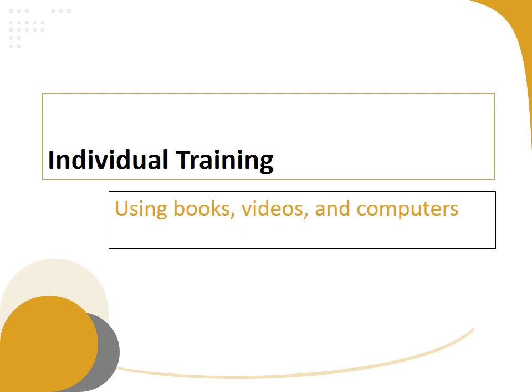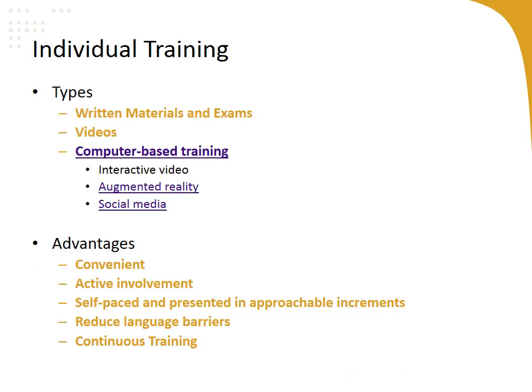One major disadvantage to classroom instruction is that all employees must be taught at the same pace. This is often ineffective. Employees and students alike have varying levels of knowledge and skill. So to allow employees to learn material at their own pace and at a time and pace that's convenient for them, many organizations and colleges, this is a good example, right, use some form of individual training. So training that is at your own pace, and it's not necessarily with a group of people.